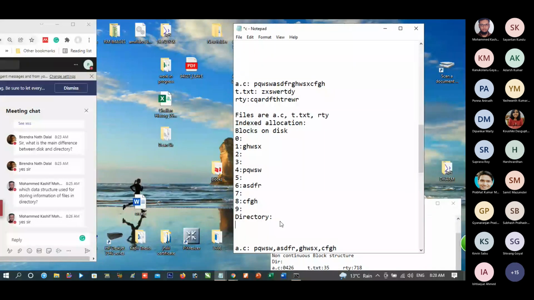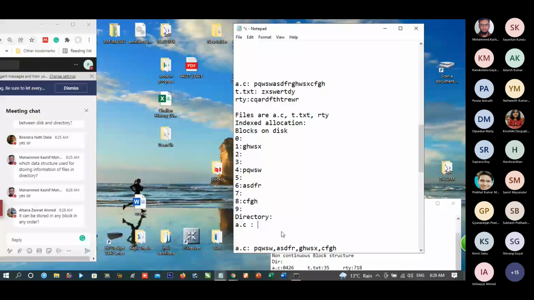So our directory contains A.C, and A.C contains block 4, block 6, block 1 and block 8. Is it correct? Yes, we can store them in any order. That is why the insertion and updates of the file become easy.